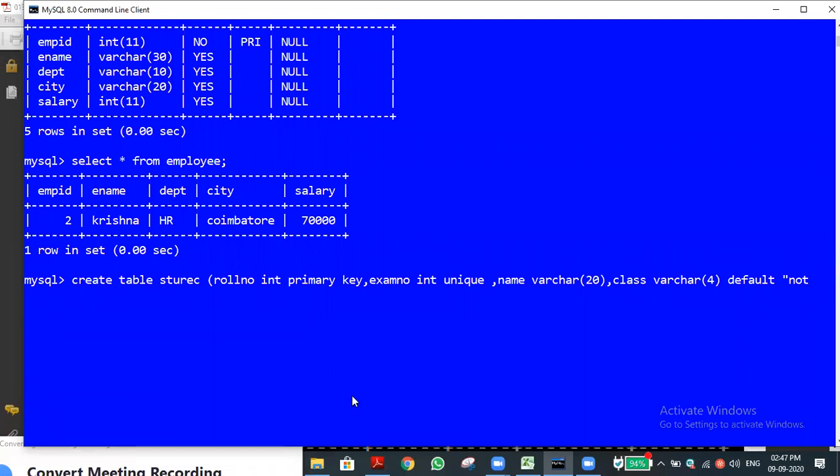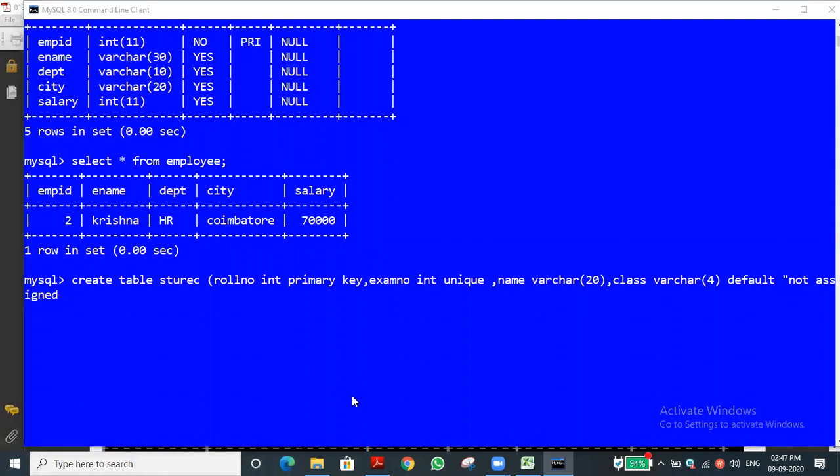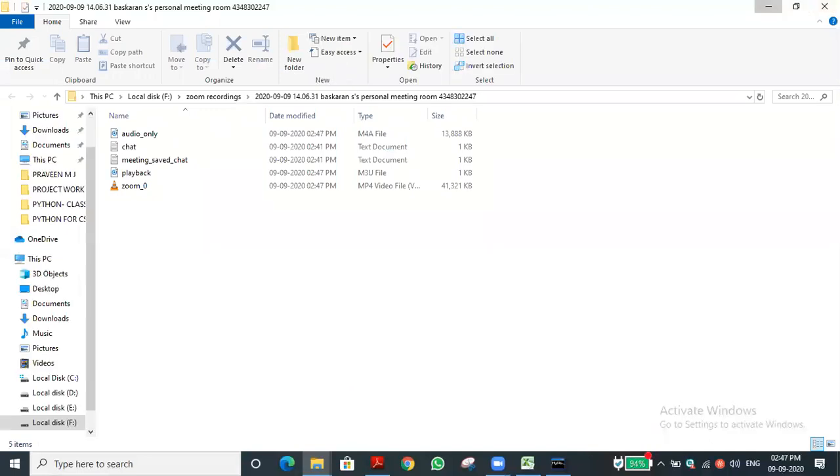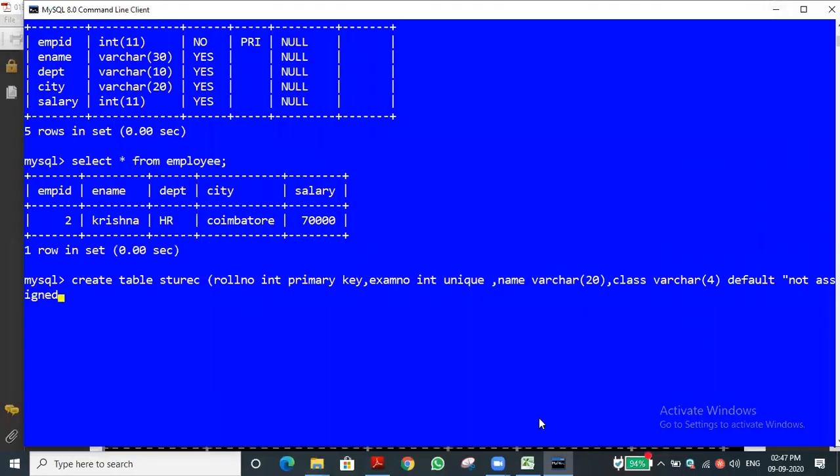For example, default value, not assigned we given. We are about to discuss the unique key as well as check constraint, applying the primary key and all those things. I forgot it.